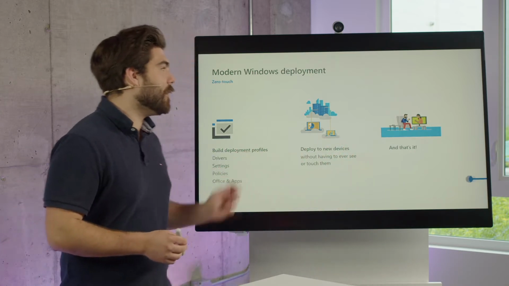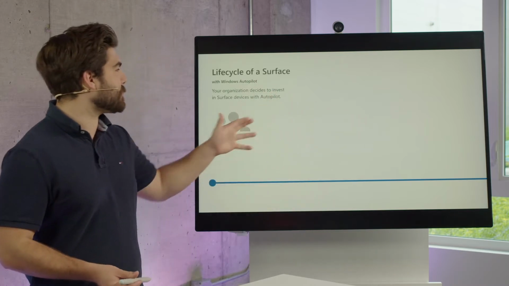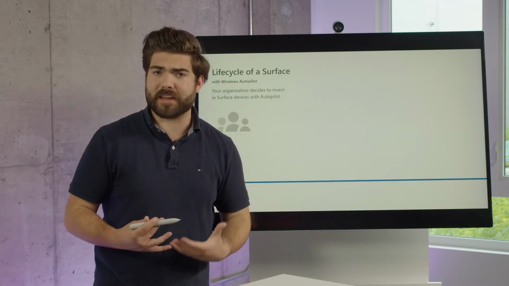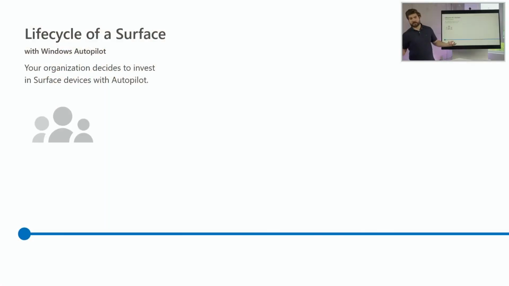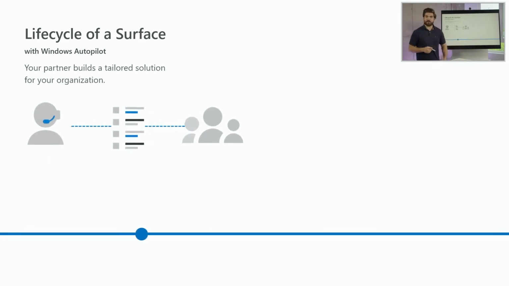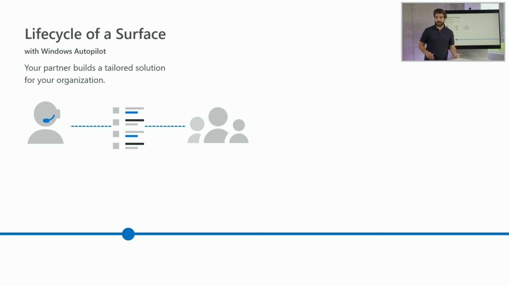What does that look like? Well, we're going to do a little bit of a walkthrough. I love this point. This is the life cycle of a Surface device as it would pertain to your organization. So, first things first, your organization decides, you know what? We like these Surface devices and we want a bunch of them and we want to deploy them with Autopilot Zero Touch. So the first thing you do is you get with your friends over at Converge and you build that tailored solution that best fits your organization. Obviously, whatever devices you want, along with any additional accessories and Microsoft 365 licenses and what have you that might suit the needs of your organization.